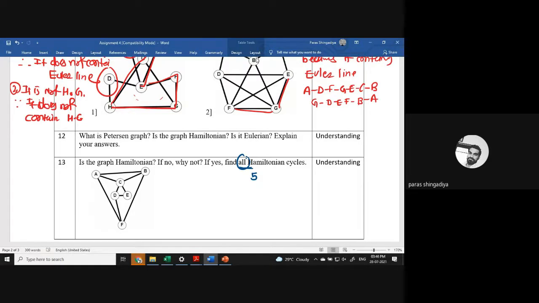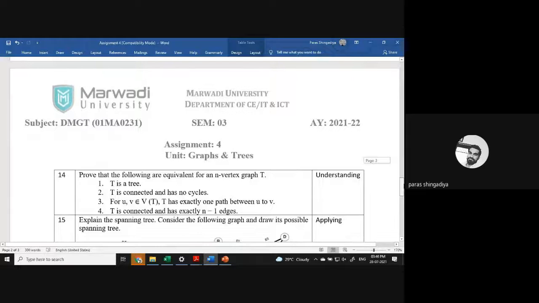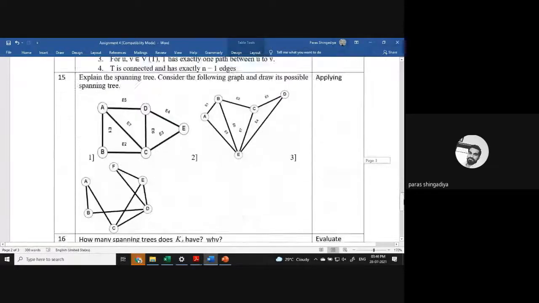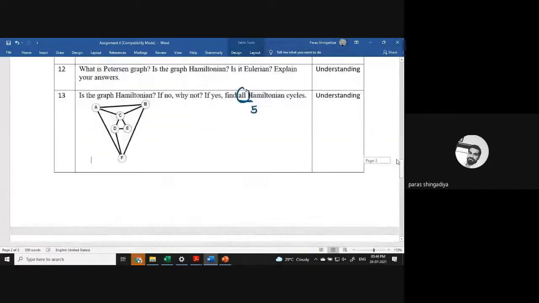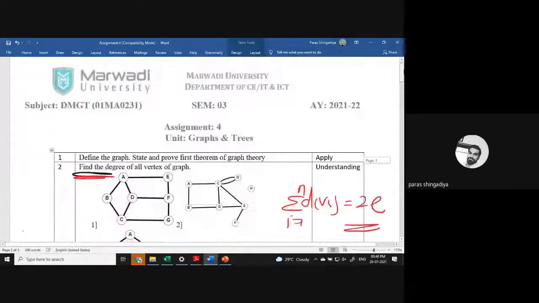Okay. And now next we'll discuss a remaining example. That is a part of our last topic, trees and spanning trees and minimal weighted spanning trees. Okay. So that we'll discuss in the next lecture.